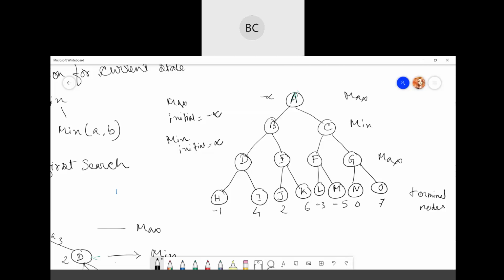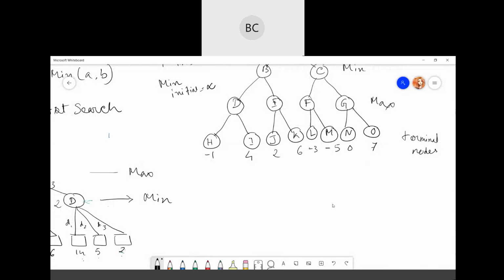So it will find the max values. For node D, we will come from A, then B, then D, and at node D we have terminal values. So for node D we will find the max. Max will try to find which one is the maximum value.